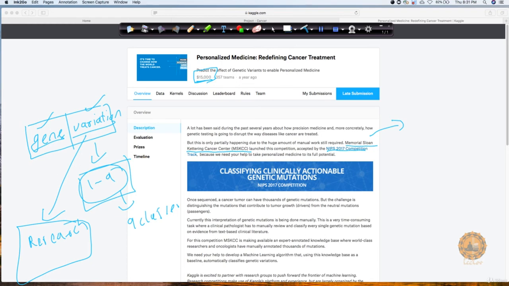Now this is where we want to bring in machine learning. We want to replace that manual process of the domain expert with machine learning. This is the main problem this particular center wants to solve, and that's the reason they made it a competition, so that if anybody gives the best solution, they might want to use that solution for their future purposes. So that's what we have to solve.